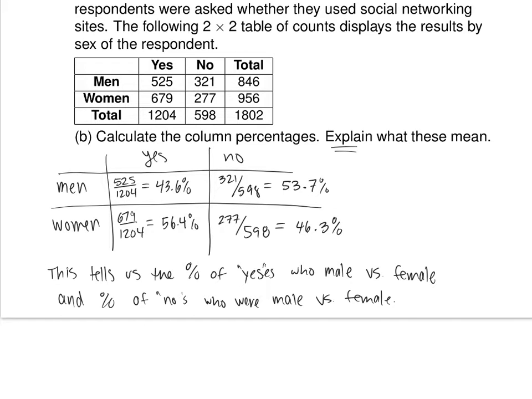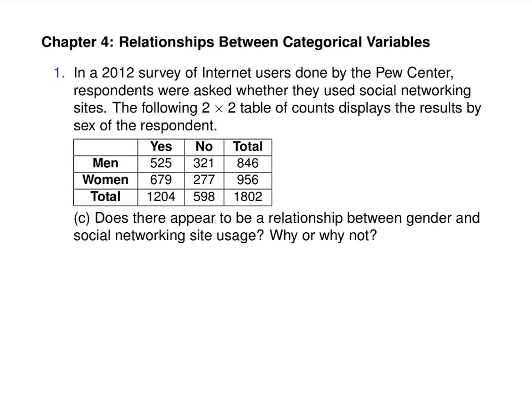Which one do you think is more worthwhile? The first one. And the reason I would say that is what if you had a huge sample size of women, like twice as many women as men? That would skew these column percentages a lot, right? So that's what part C is getting at, and you don't have to do a chi-square yet, because I didn't ask for it. It's just trying to get you to see that you should look at the row percentage.